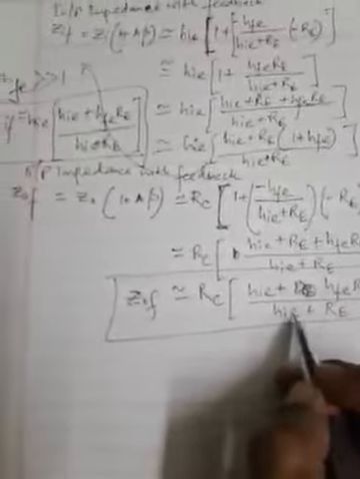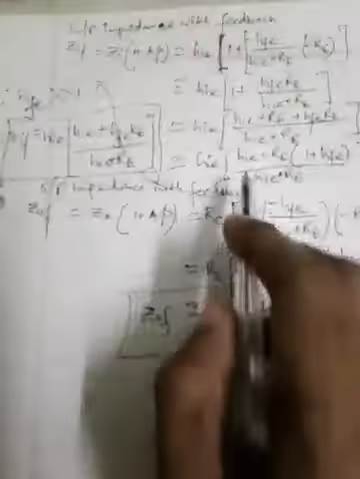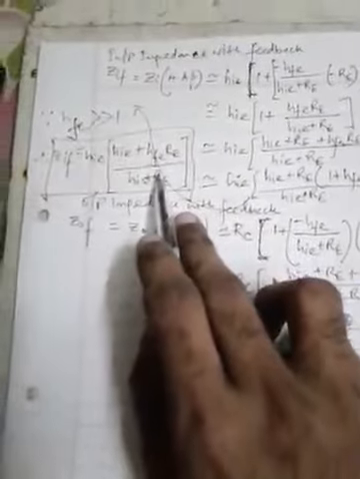feedback using H parameters. Now in these two expressions of ZIF and ZOF, if we find that HIE is far greater than RE, so we can neglect RE with respect to HIE, then the formula will become within the parenthesis HIE plus HFE RE divided by HIE, and in this ZIF case also it is the same. So the voltage gain with feedback in this case,